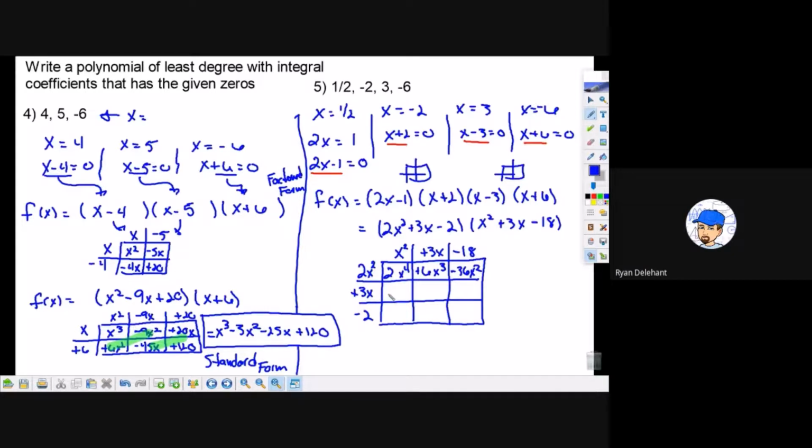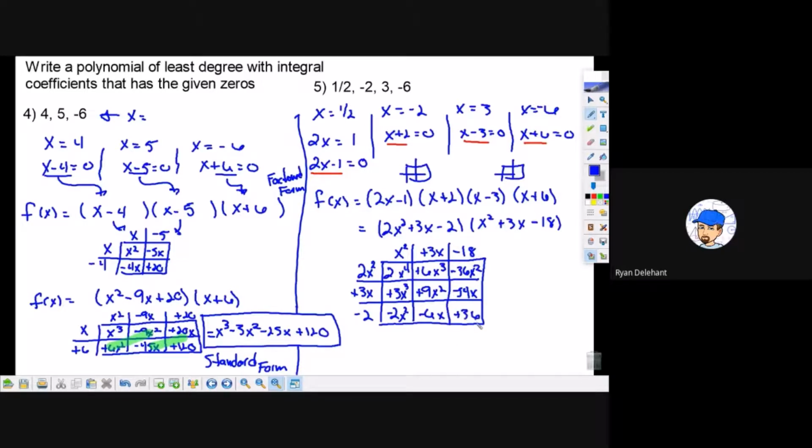This is 3x to the 3rd, 9x squared. Let's see, it's 9 times 6, so that's 54, minus 54x, negative 2x squared minus 6x